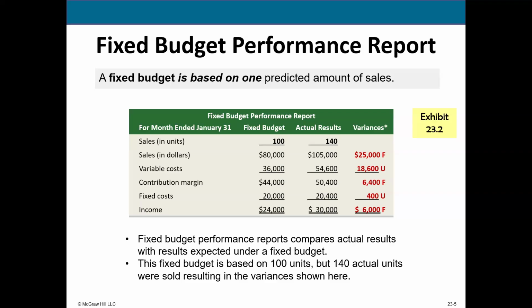But when your income is higher than the expected amount, that's favorable. You know what I'm saying? So it's important to understand when it's favorable, when it's not. Based off of the comparison between the fixed budget and the actual results, it tends to lead to higher variances, higher differences, and that makes it more difficult for managers to pinpoint any type of issues. So that's why I don't really like fixed budgets. I prefer flexible ones.